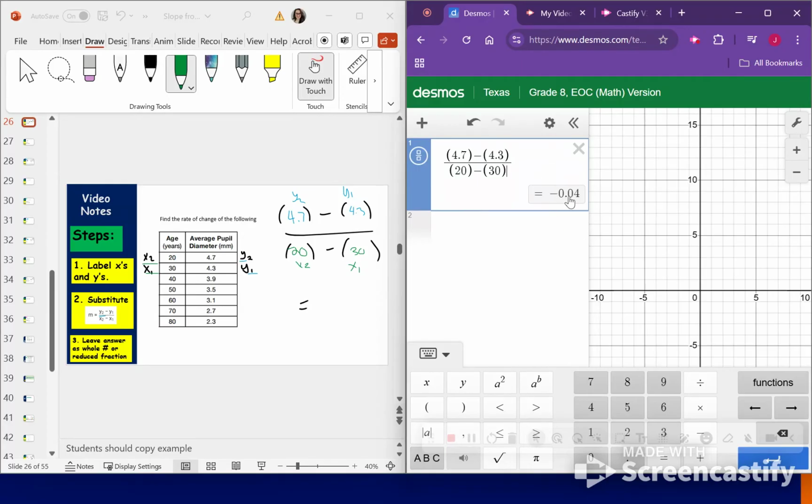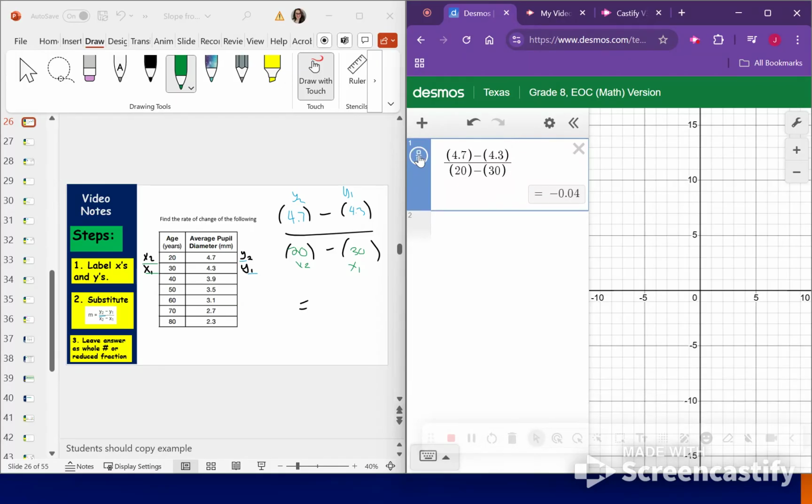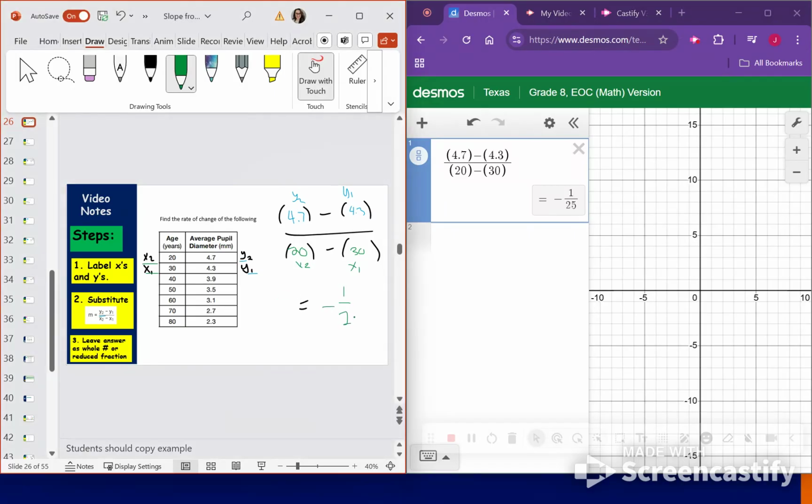And we get that decimal right here. Usually if they give you decimals, decimals are fine, but remember you can change that into a fraction by just clicking on that symbol right here. Okay, so since the directions say leave answer as a whole number or reduced fraction, we are going to use the fraction. So I'm going to put -1/25, and that would be my final answer for the